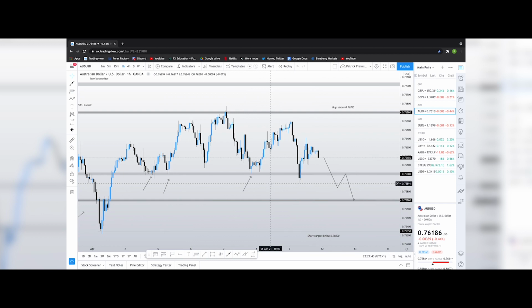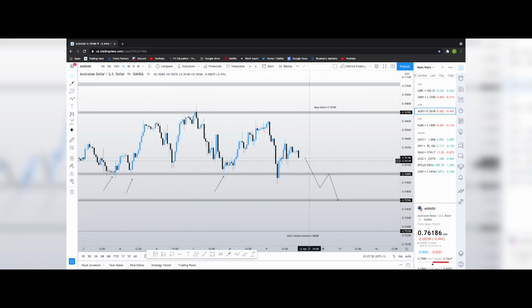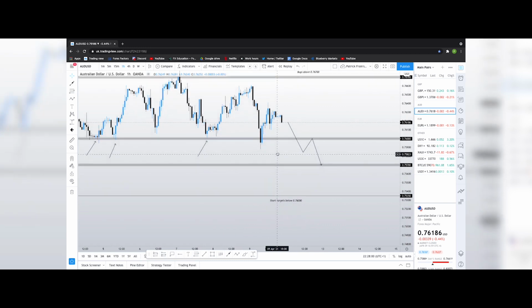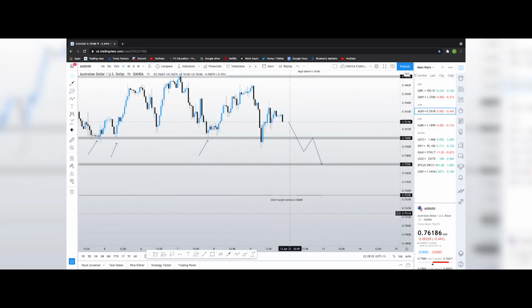Down to the 1 hourly, guys, on AUD/USD, we can see that we do have a level of support in here at 0.7600, which has been tested multiple times. We've had wick rejections here, and also here. Moving into next week, I do want to see this level be broken with a break and retest. First targets at 0.75700 to continue making lower lows and lower highs,